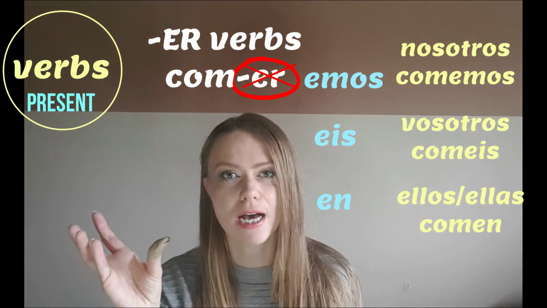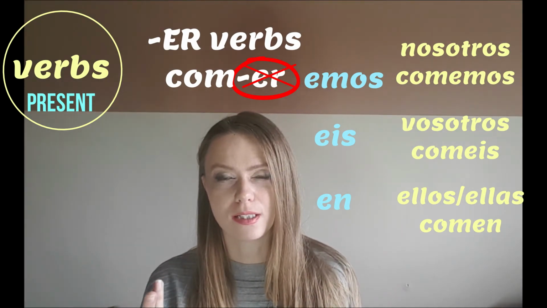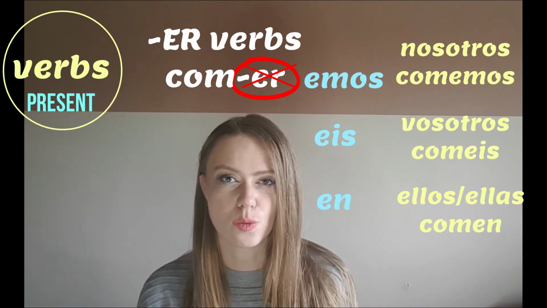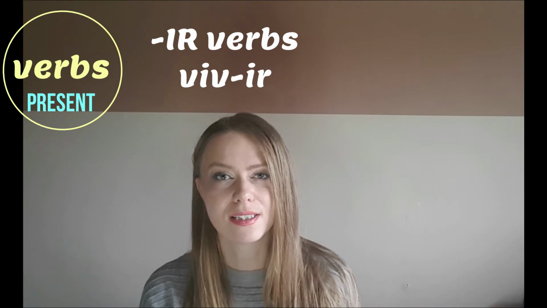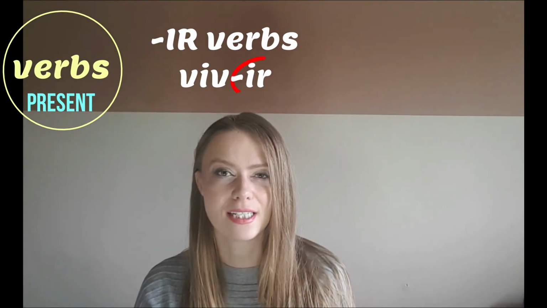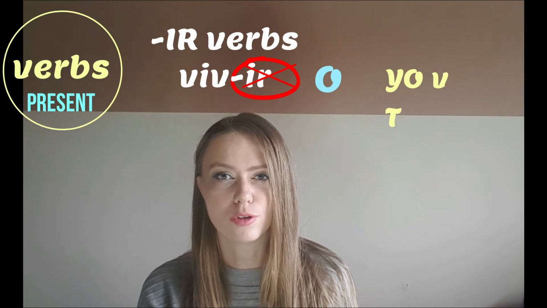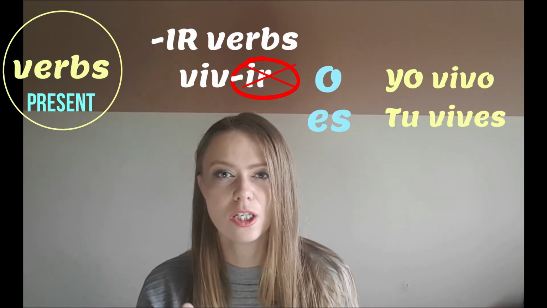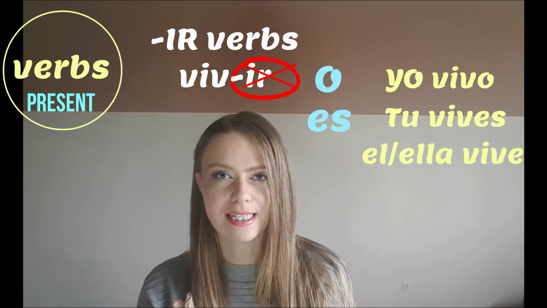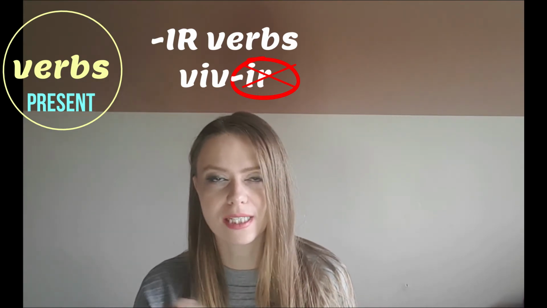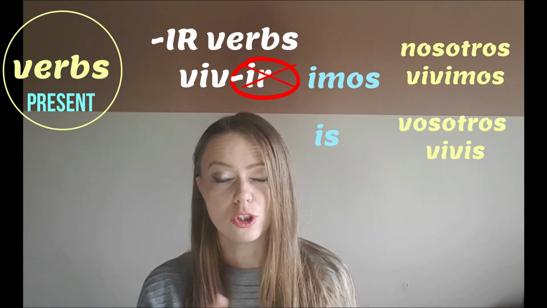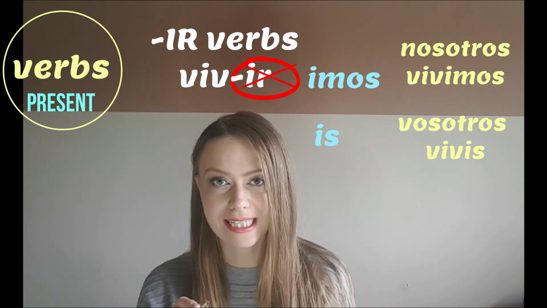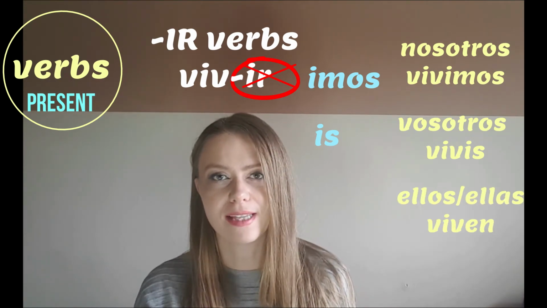As you can see, the main vowel that actually appears in the verbs whose infinitive ends with er is the vowel e. And that's very similar for the verbs whose infinitive ends in ir. So vivir, the stem is viv, and then we need to add the present tense ending: vivo. Tú vives, so the ending is es. Él o ella vive, the ending is e. Nosotros, nosotras vivimos, the ending is imos. Vosotros, vosotras, so you plural, vivís, the ending is ís. And for they, ellos o ellas, viven, the ending is en.